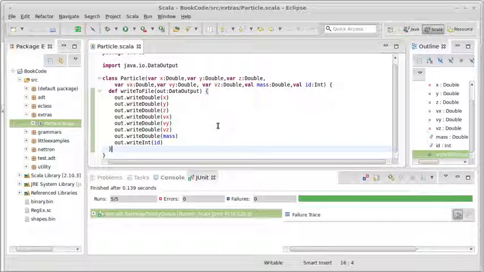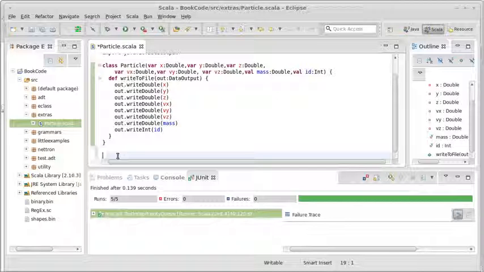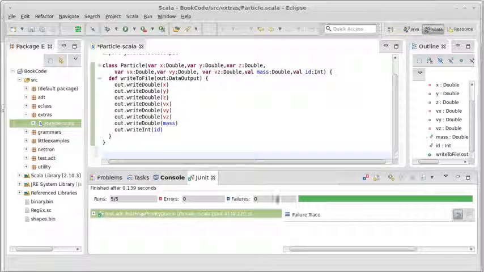What about reading these in? Well, the reading should not go inside of the class, at least not most of the time. Most of the time when we read something in, it's not to replace the values that are in an existing particle. I will want to be creating a new particle, and the Scala approach to doing that